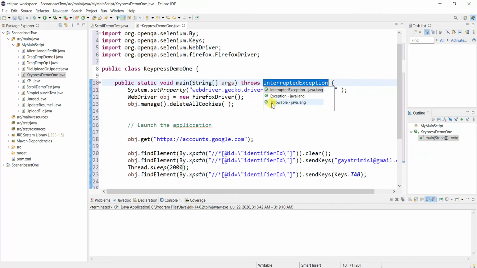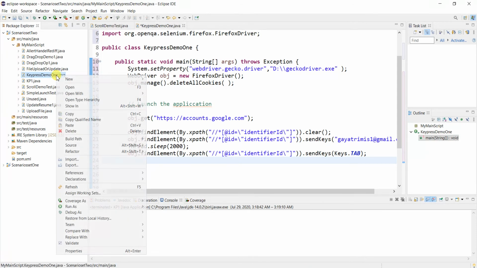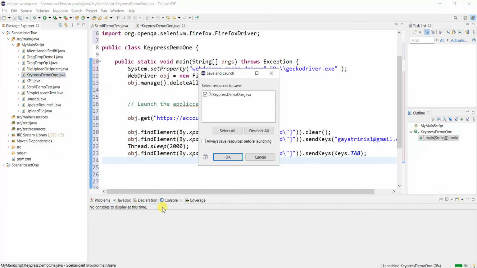I need to add the throws declaration as we already used many times. Fine. Now after entering tab, let us check whether the tab key we can click or not, then I'll proceed. So let's run as Java application.